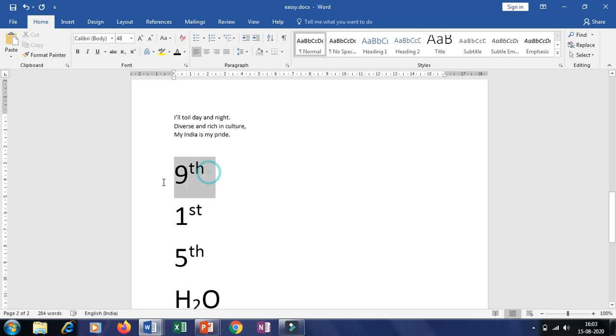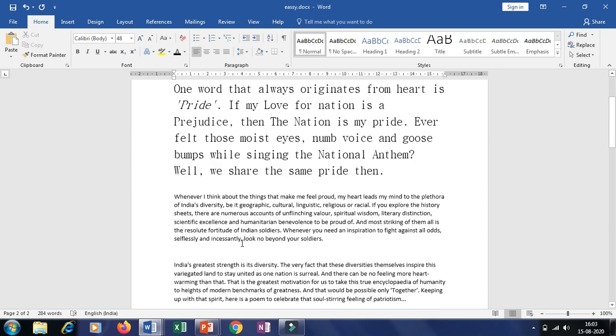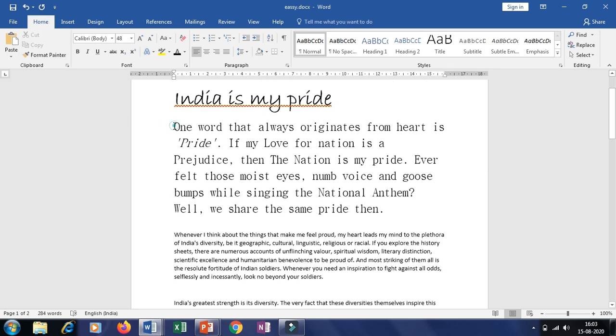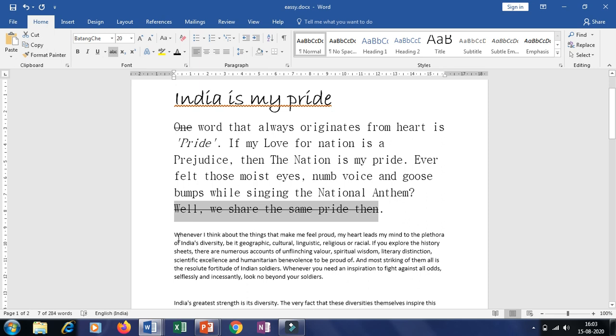If you want something, cross it. If you want to cross this 9th, what you will do, select the 9th and click on this strike through option. See, you can see here. So if I want to cut something else, if I want 1 to cut, I'll select 1 and click on this option, that is strike through. You can see a line. If you want to cut some more text, you can select and click on this strike through. So I don't want to cut this, so I'll do undo. Okay,